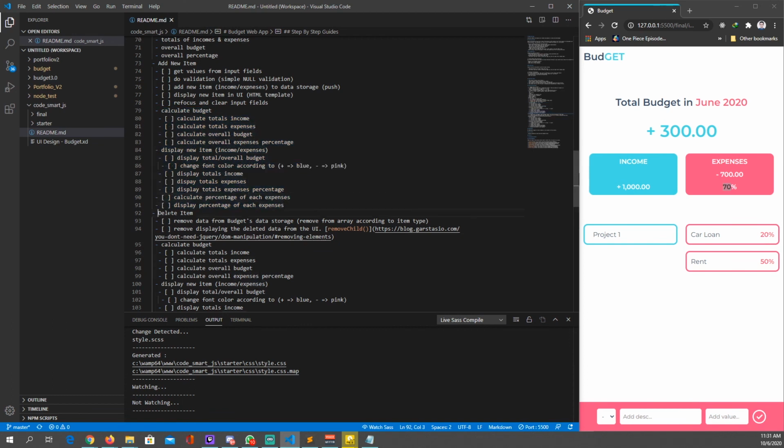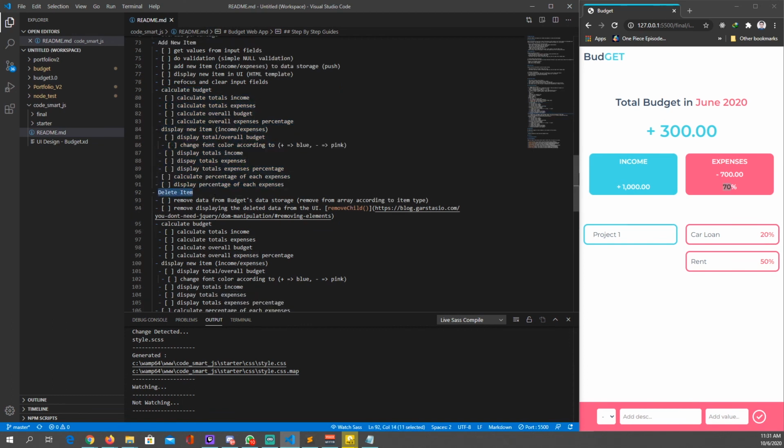And then after that, we have the option of deleting an item. Whenever we want to delete an item, we have to remove the data from the budget data storage. The removing of the data is according to the item type. So if we remove this rent, the data in the budget's data object is gonna be removed as well.